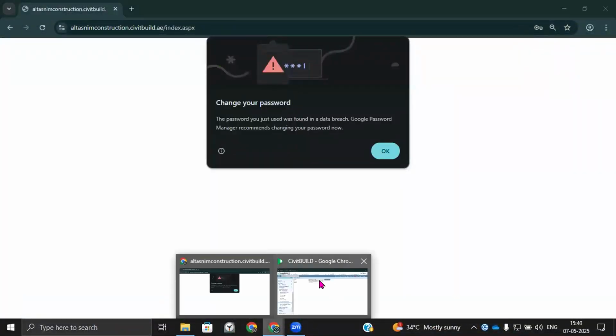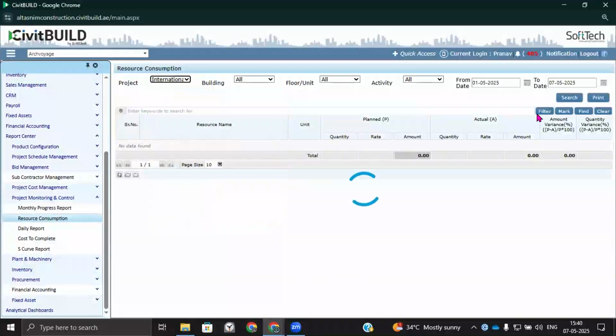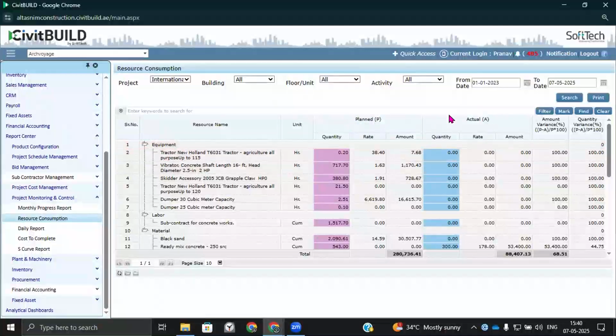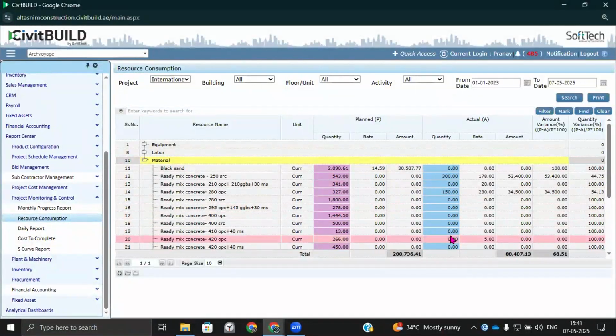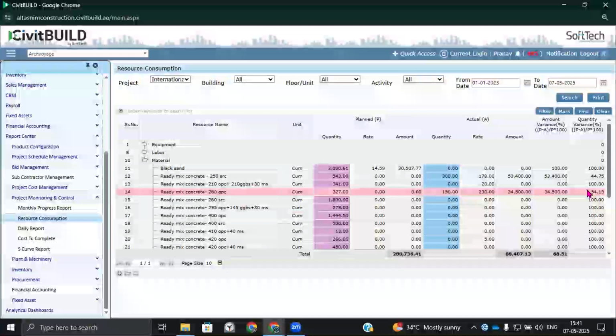Your resource consumption is an important part of your daily progress. Understanding your material consumption with reference to planned quantity versus actual, and giving you a variance, will give you an overall control, because your high valued items are worth saving. So if there is wastage on the site with reference to your material, labor and machineries, you can view it here in the report center and instruct the site accordingly that there is wastage of a particular material and there is a variation we have observed.